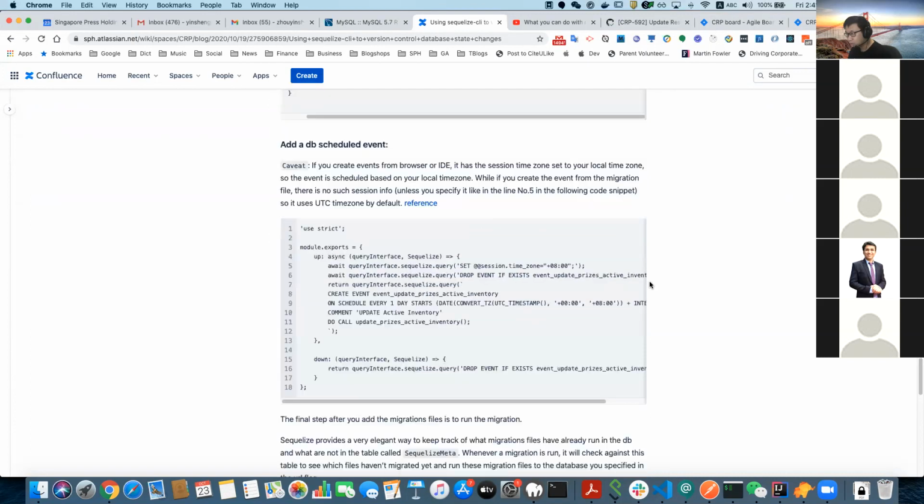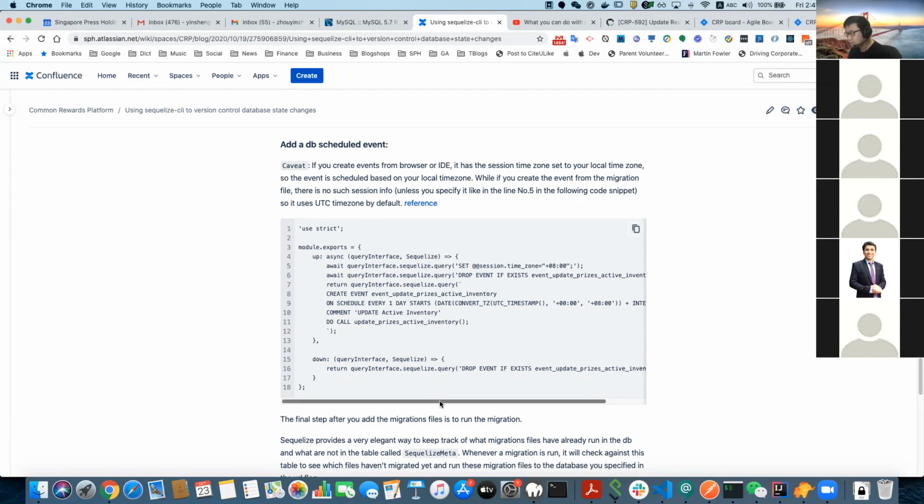Okay, no more question. Let's see another example of the DB schedule event. The DB scheduler event is more tricky. We found that actually Qingmei has done some research into it. We found that when we run the event from the Node.js migration file,